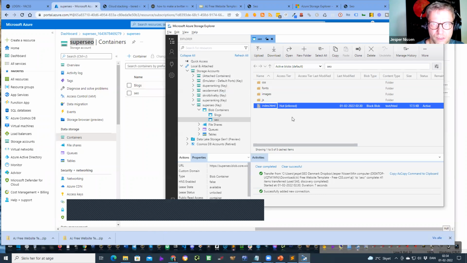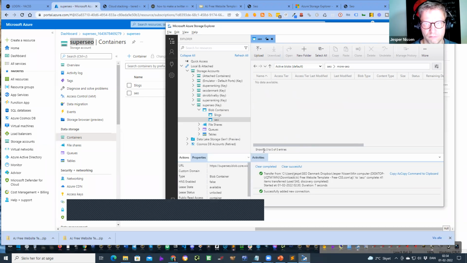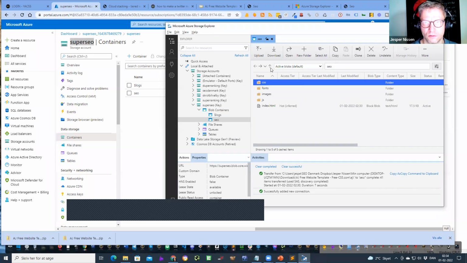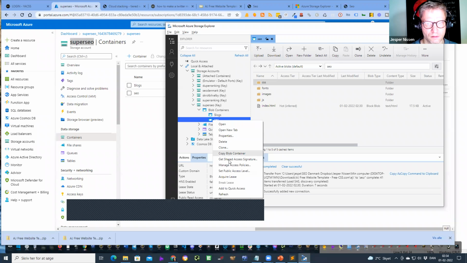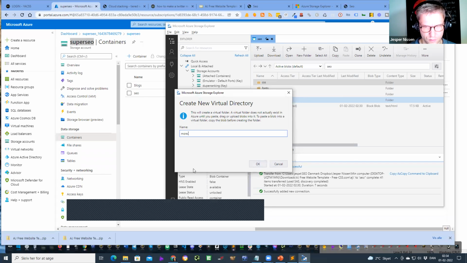Let me show you here. I can create a folder, more SEO. New folder, more SEO. A virtual folder does not actually exist in Azure until you paste, drag, or upload blobs into it.